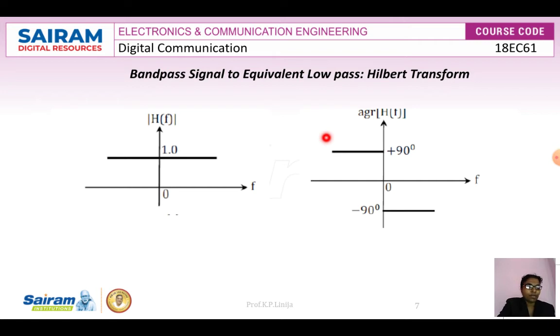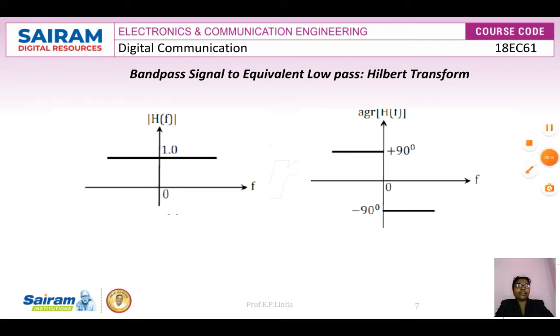in positive frequency component by the phase change of minus pi by 2, that is minus 90 degree, and there is a phase change in negative frequency component for the positive phase change, that is plus pi by 2. So using this, how can you write the transfer function of the signal?